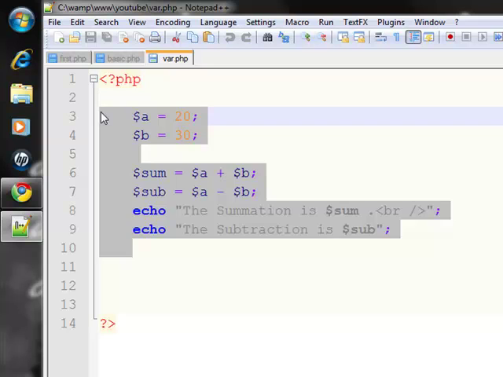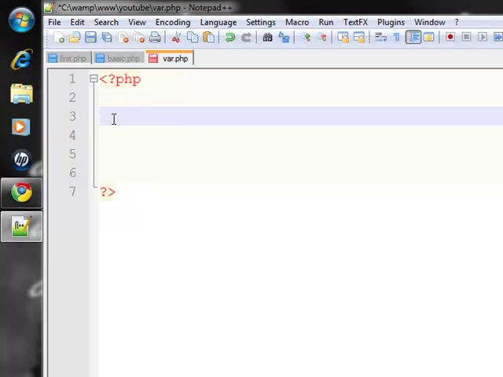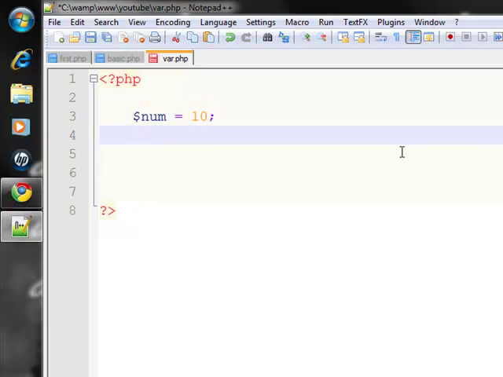Okay, first of all, let's have a condition. If we have a variable called number and have assigned it value 10 and now we have to increase its value by 5, so what we will do? We will just do num equals to num plus 5. That's what you all are thinking and it's right.